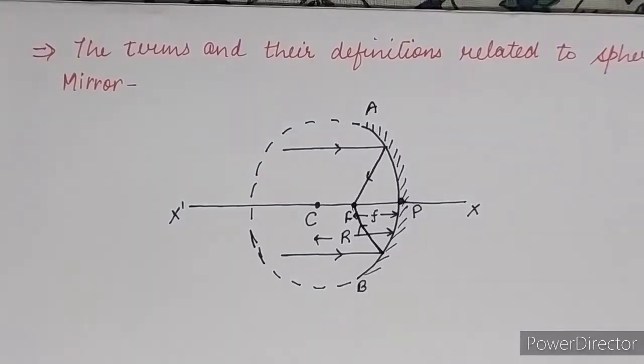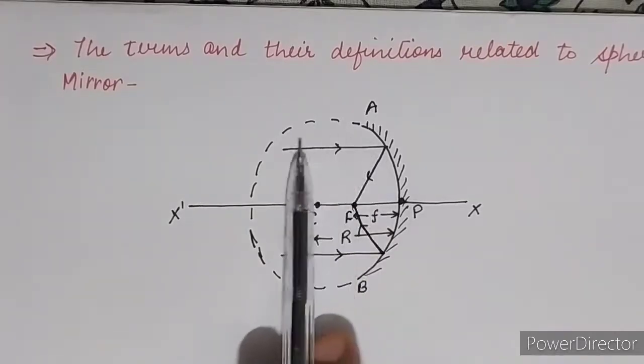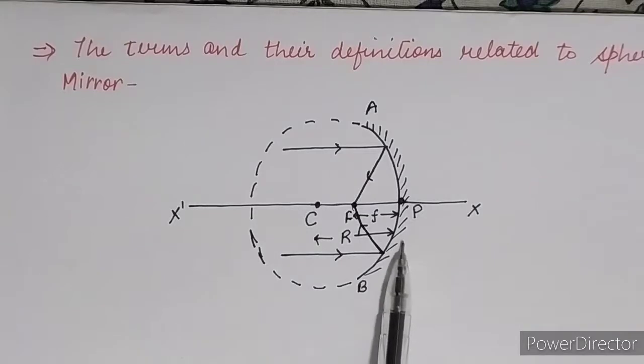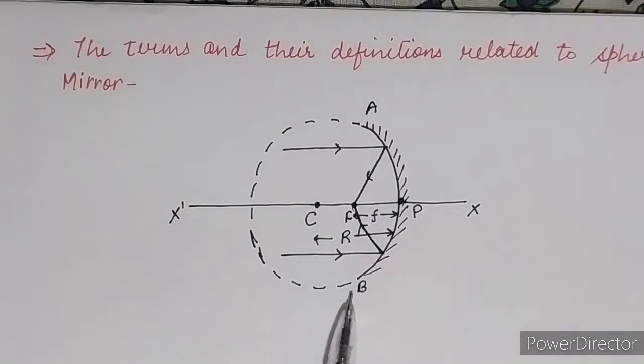Either you may take this concave sphere or you may take the convex sphere. Here I am taking an example for your understanding, of a concave mirror, and here I have drawn an imaginary sphere of which the concave sphere is a part, a hollow imaginary sphere. Now the whole reflecting surface of a mirror is your aperture, denoted by AB.